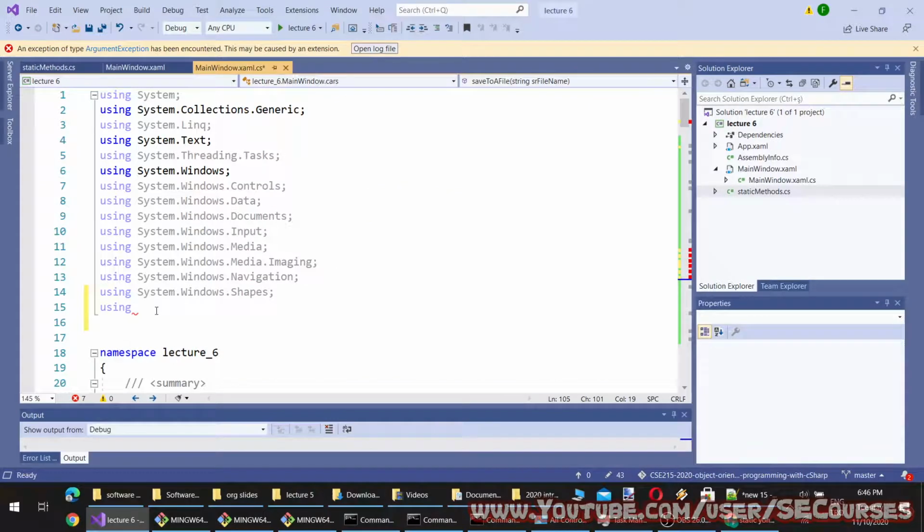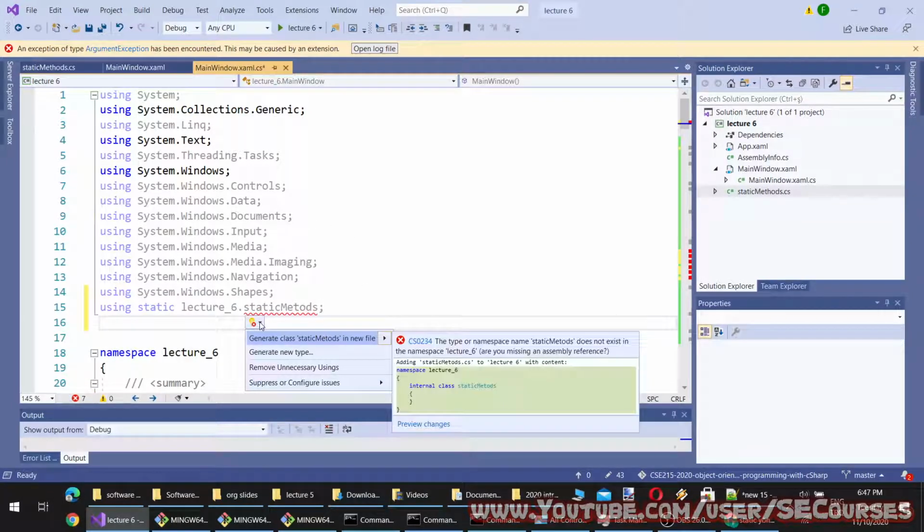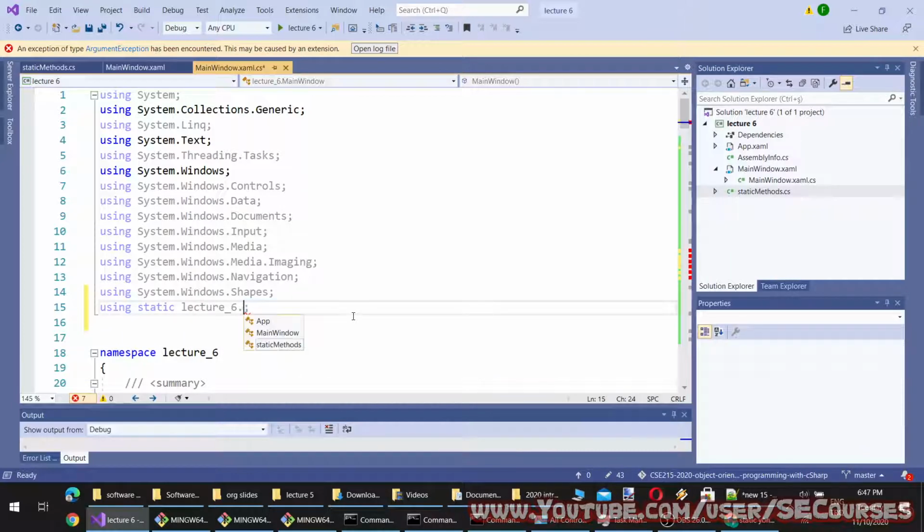Okay, so it will be inside methods, and I will add static. Okay, like this. Now it works. So I have added the static word in front of the fully qualified name, which is this one.